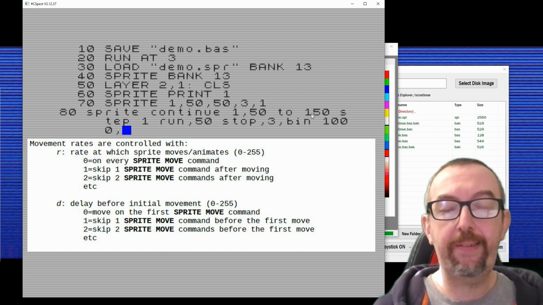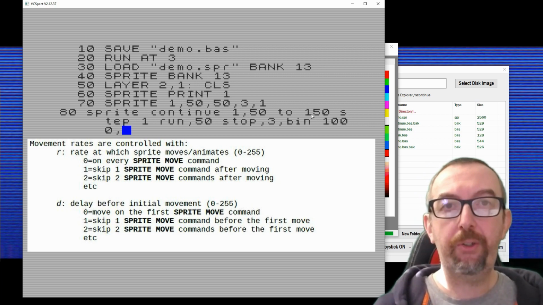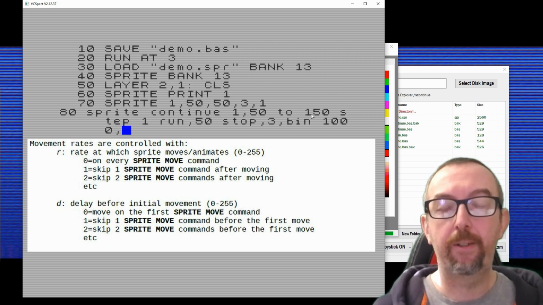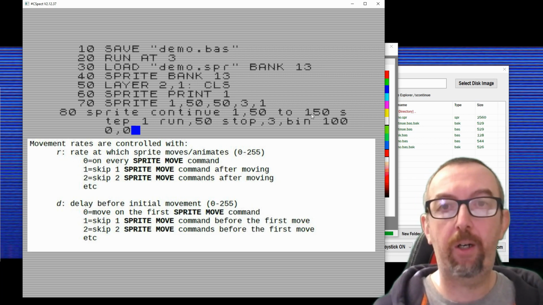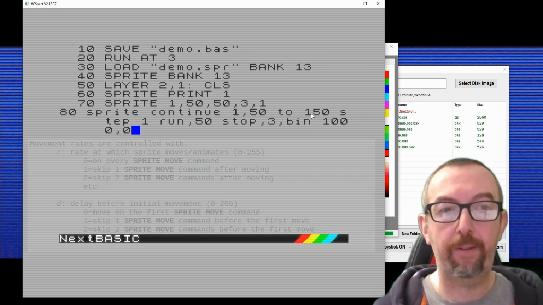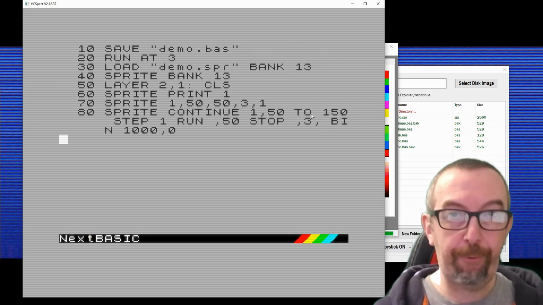The last one is a delay. So even though we've got a step of how many pixels it moves every time, we can also say how many times it's updated when we update all of the sprites. So if you put 0, there's no delay. It will always move every time the screen is updated. So that's our Sprite Continue. If we run that,